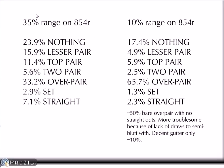So on this board it's not that great even for a 35% range, and you can probably c-bet with a higher frequency against a pretty straightforward opponent. Against an aggressive opponent you're probably still going to have to check-give-up some of the time, because he's going to realize you probably have a 10% range that didn't really connect with this board,